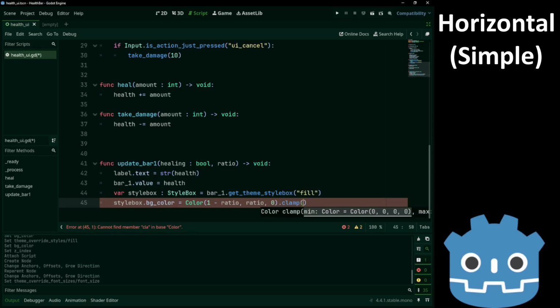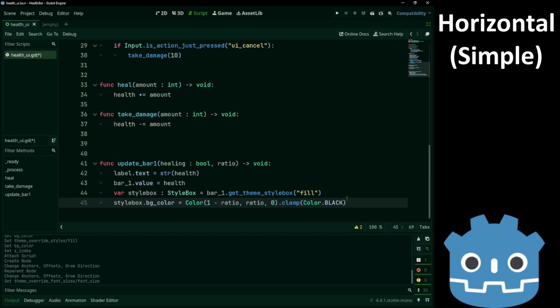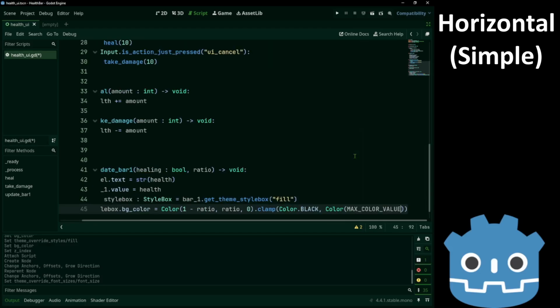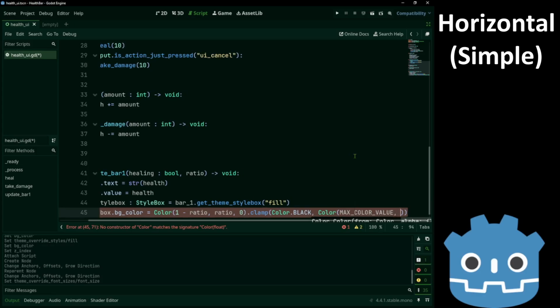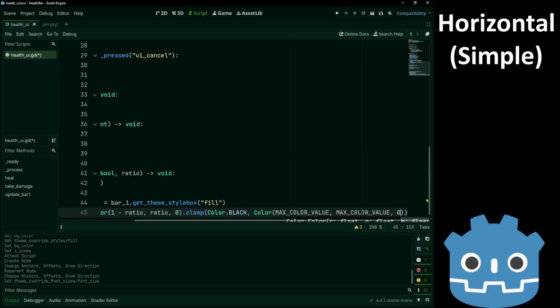And we are going to clamp this. Our minimum value will be the zeros, so color dot black, and our max value will be color, max color value, max color value, and 0. We don't care about the blue color.